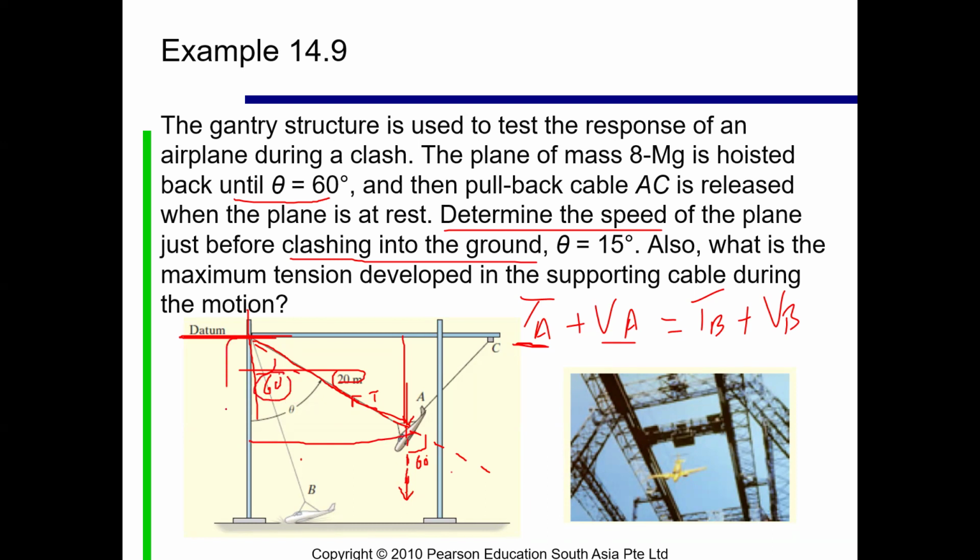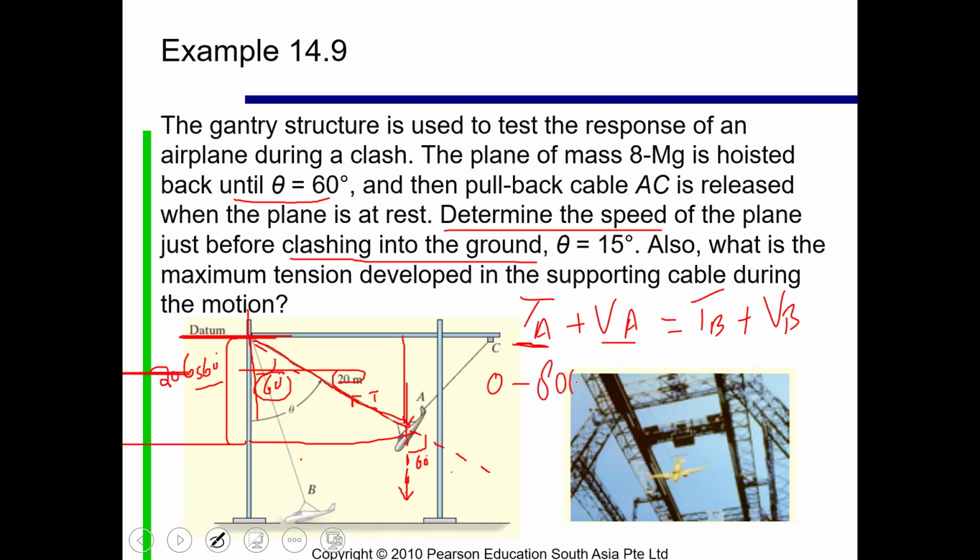So technically speaking, you need this length, and this length is equal to 20 cos 60. So on this side, kinetic energy is 0. And this is below datum, so this will be taken as a negative value, negative potential energy, because this is below datum. And it would be equal to